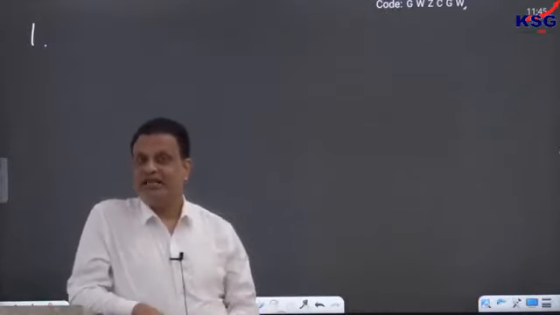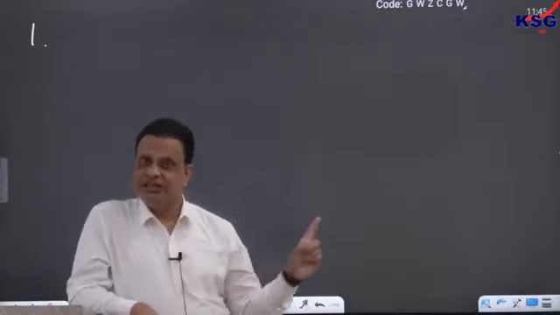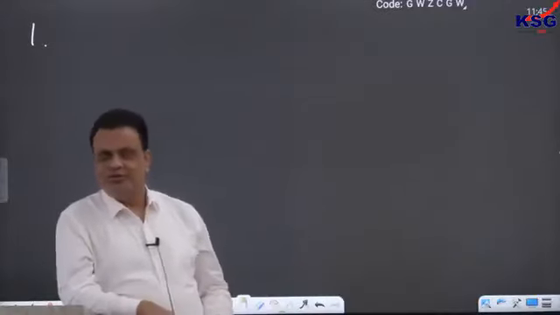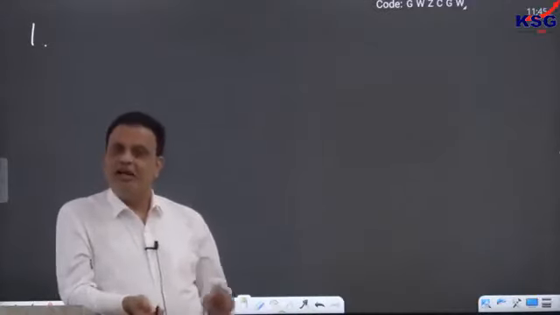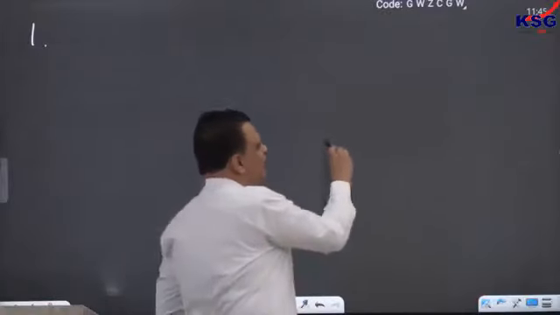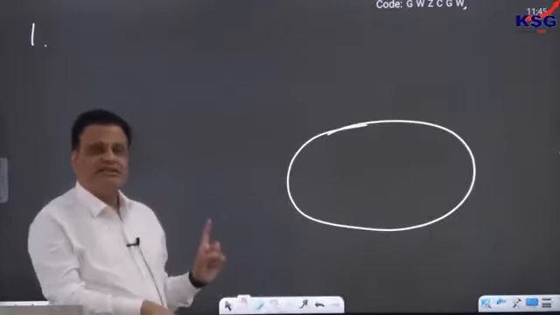But ultimately who was right? Copernicus was right, Bruno was right, and Galileo was right. And the church had to change its opinion. Now the church accepted the idea of Copernicus, the heliocentric model. After that Kepler came, and Kepler made the proposal that the orbit of the earth around the sun is an elliptical orbit rather than a circular orbit.